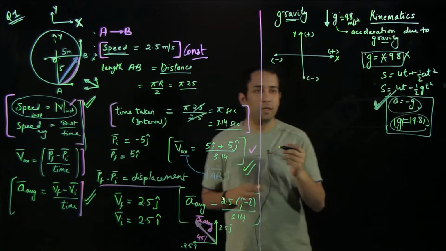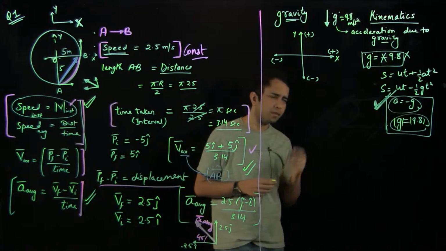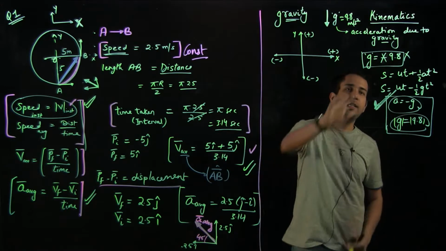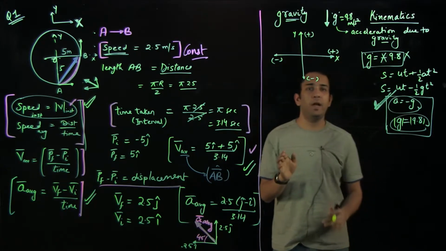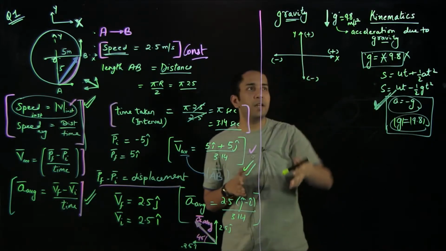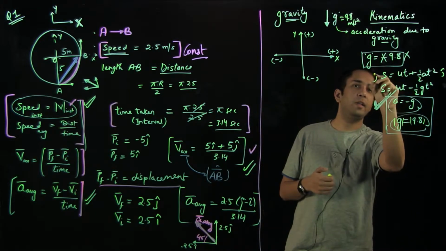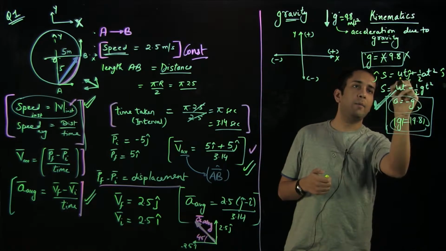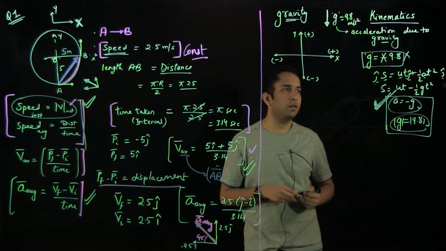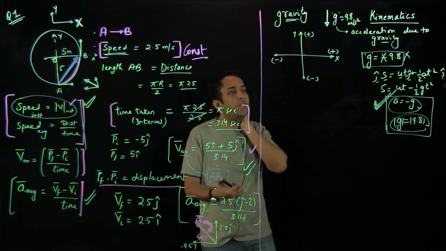So let's do an example in which we will be using some of these concepts and it will get clear. One other concept which will be cleared in this example is that these equations are only applied in one direction. So if I am talking about gravity and anything which is in vertical direction, then there is an implicit j cap involved in each of them. J cap related to u, j cap related to s, and j cap related to a, because time is not a vector. Because an implicit j cap is already involved, I would not be writing it again and again.